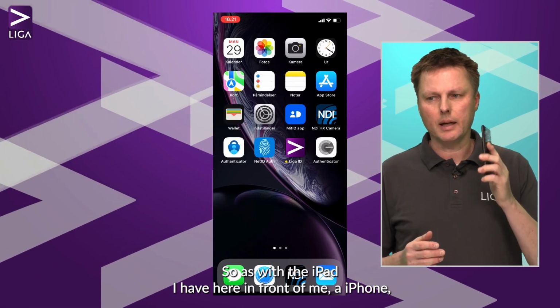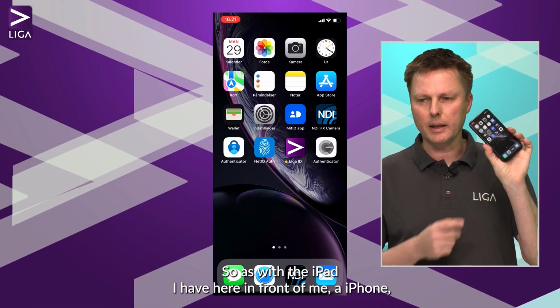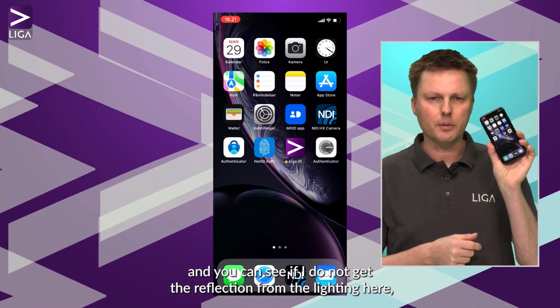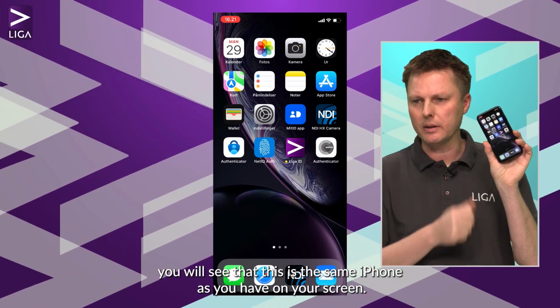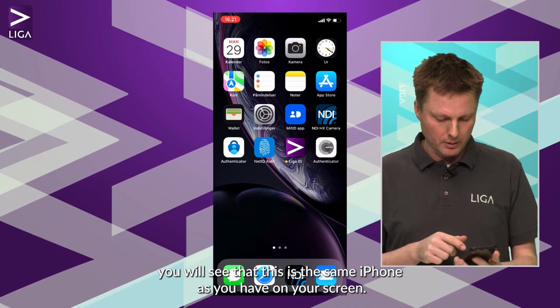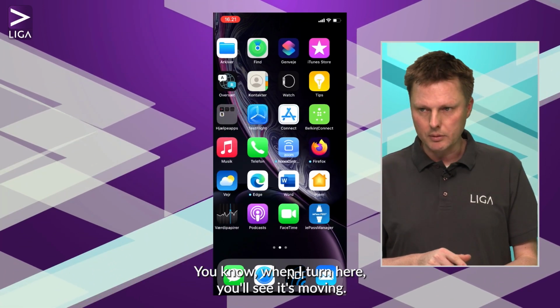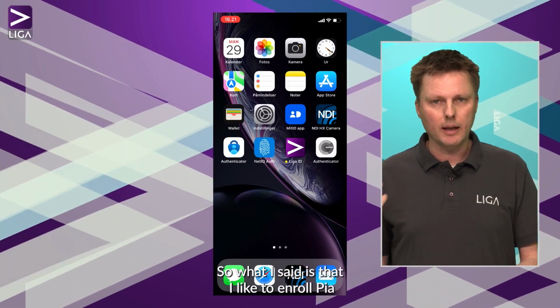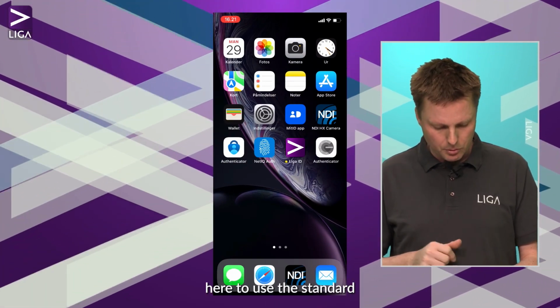So as with the iPad, I have here in front of me an iPhone, and you can see, if I do not get the reflection from the lightning here, you will see that this is the same iPhone as you have on your screen. You know, when I turn here, you see that it's moving. So what I said is that I like to enroll PIA here to use the standard